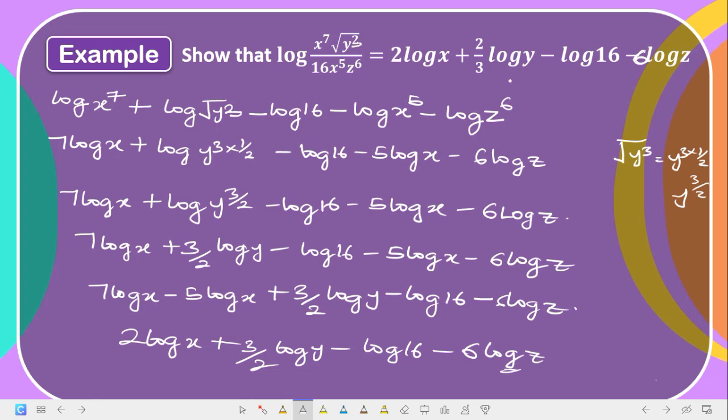Now everything total to give us this value we have here. This is supposed to be 3 over 2, not 2 over 3. Let me check the question again. Okay, this is 2 over 3. Okay, it was corrected later on in the question. So this question has so many issues that were corrected later on. So that is the correct answer to this question. Okay, now let's look at the next.